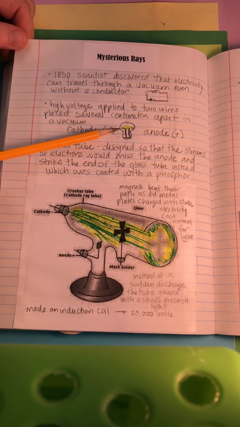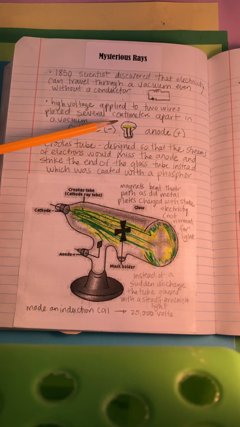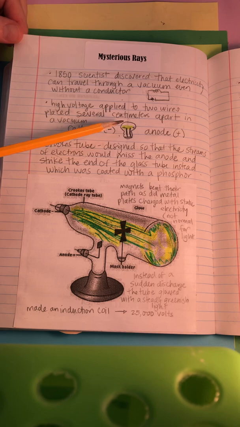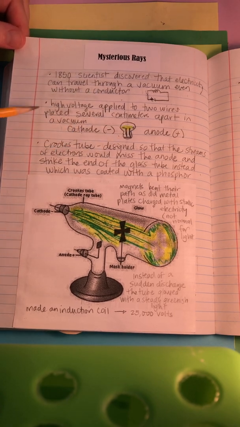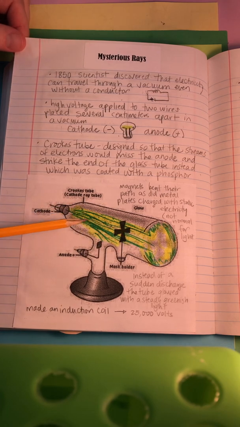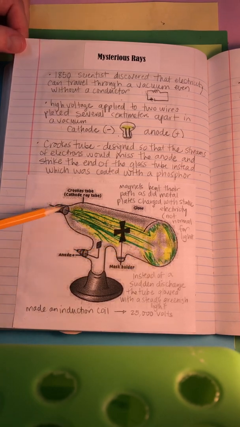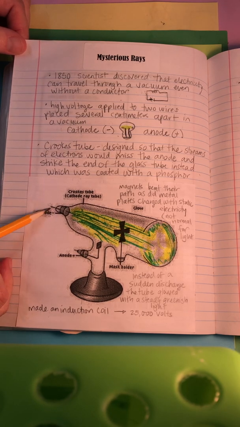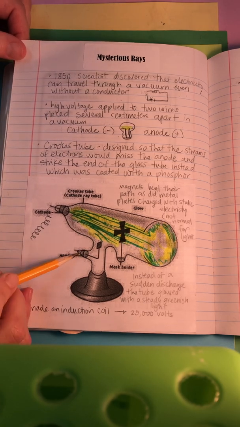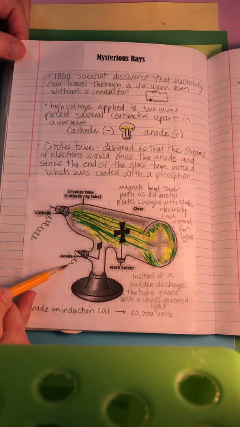And so with this, during this time when they were creating just the vacuum ones, not the light bulb ones, but the jumping across, this tube was created to be able to really visualize where the rays were going and to study them and to figure out what they were. It was designed so that the cathode here, which would be the negative side, is going to have a little cord, because these two, the cathode and the anode, have to be hooked up